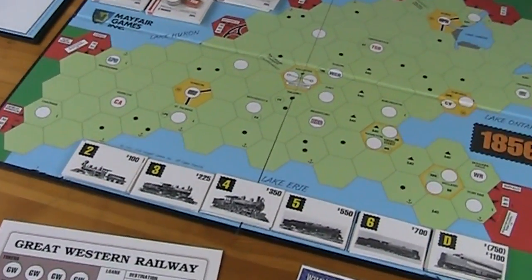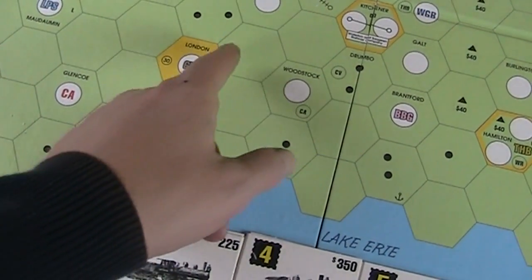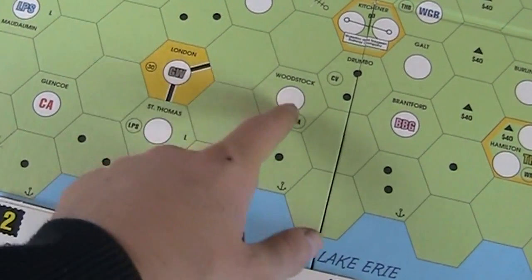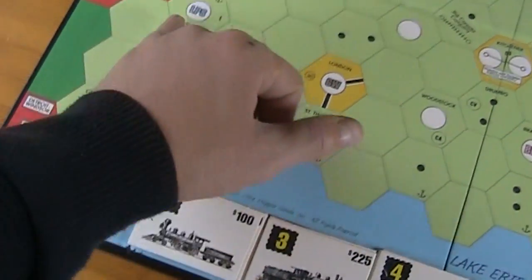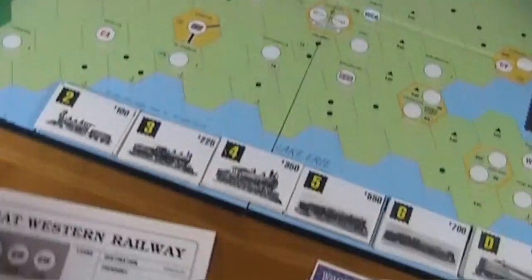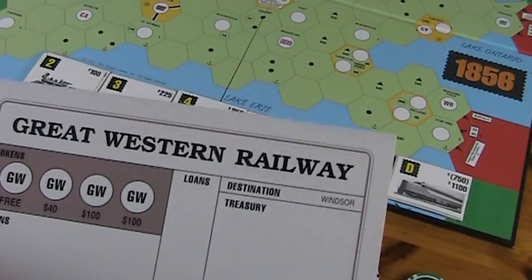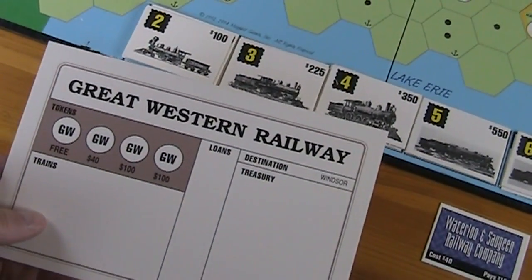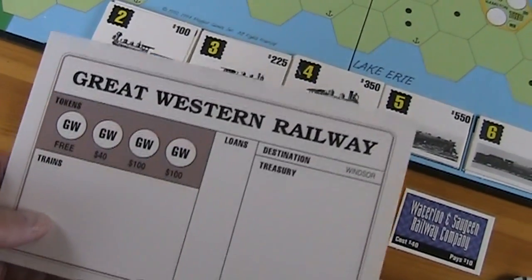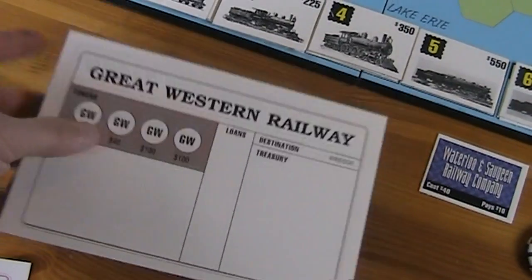you can easily do a run in the second turn, and it's also not far from these cities here, Woodstock, whatever that is. You can go here. You might be able to hook up with these suckers. So for me, the Great Western is a really solid, very, very promising railroad. It has 4 tokens overall, and